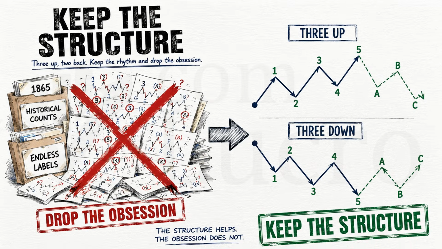That's David Paul, decades in the markets, and his verdict on Elliott is blunt. Labeling charts back to 1865 is a waste of a trader's time. But notice what he refuses to throw away. 3 up, 2 back. 3 down, 2 up. He keeps the structure and drops the obsession. That distinction is the most useful thing anyone will ever tell you about this theory, and it shapes everything in